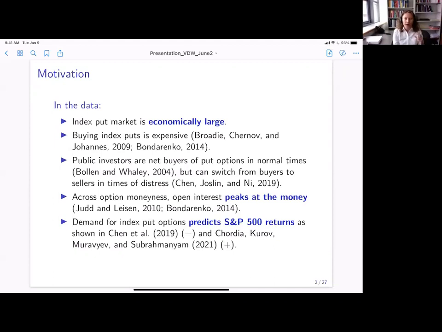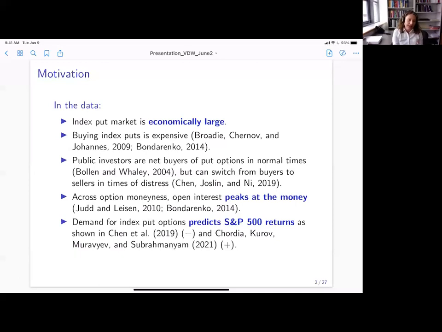Second, buying index put options, and this is what Dima referred to, has been shown to have highly negative expected returns. And this negative risk premium for these types of products is not surprising, but the size of the premium has been referred to as a puzzle that is particularly challenging to address within the representative agent framework. So we'll be able to speak to that. But then again, pricing is not going to be our main focus.